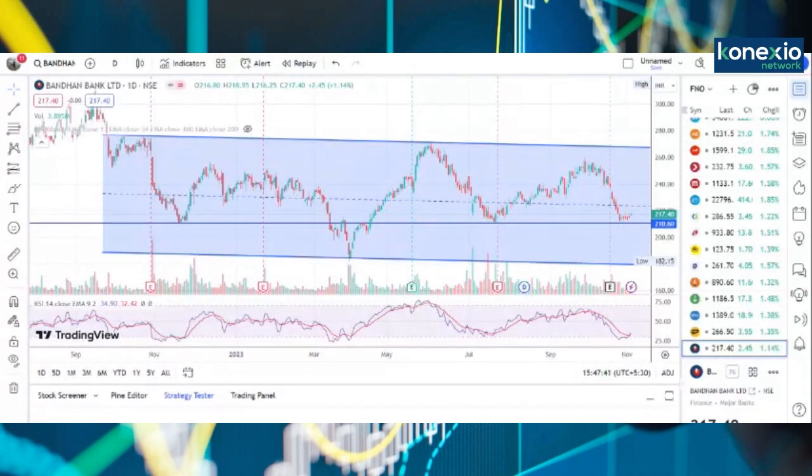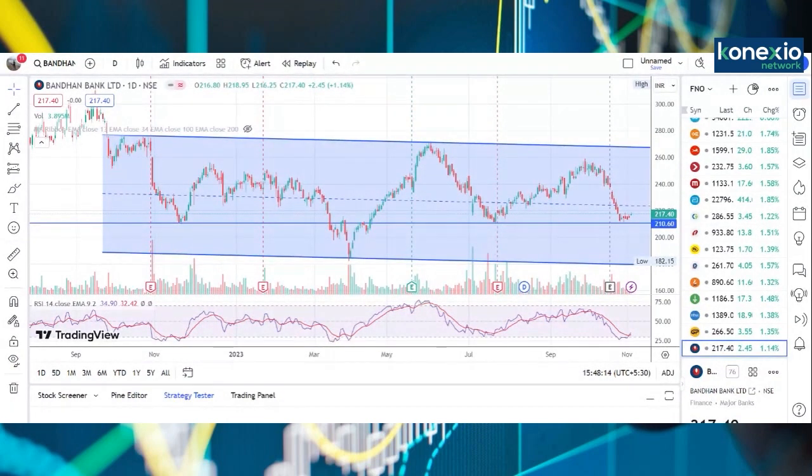The setup is oversold. This is the multiple support area, and you can clearly see three times it has bounced sharply from these levels. So again, these levels are tested. Bulls are trying to test this level. RSI is also positive. So looking at this particular setup, we feel that long-term investors, short-term investors, swing traders, positional traders can accumulate the stock